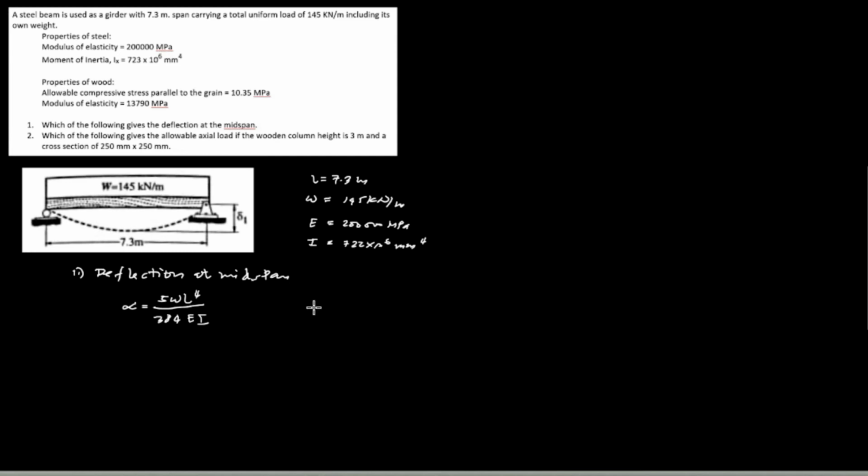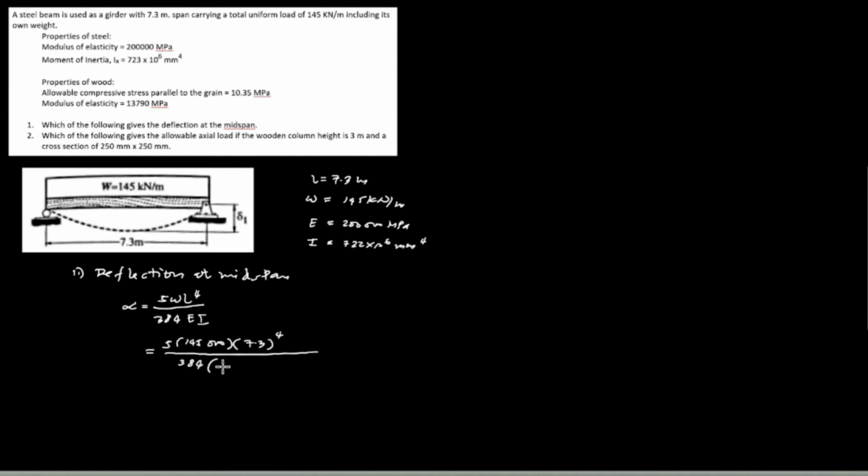So substitute the given, so equal to 5 times W, which is 145 kilonewton per meter, or 145,000 newton per meter, and the length, which is 7.3 meter exponent 4, and we divide by